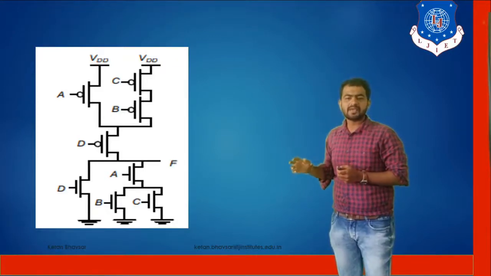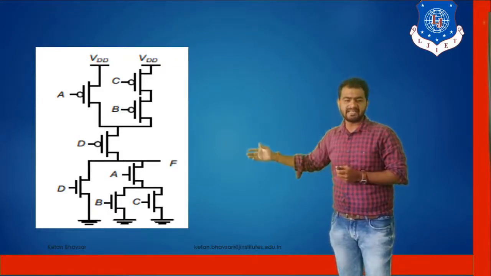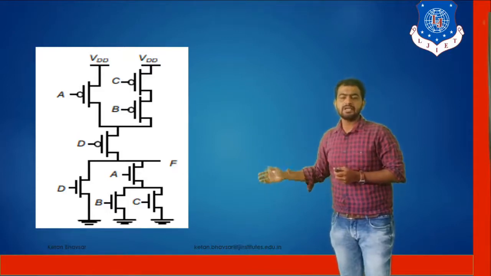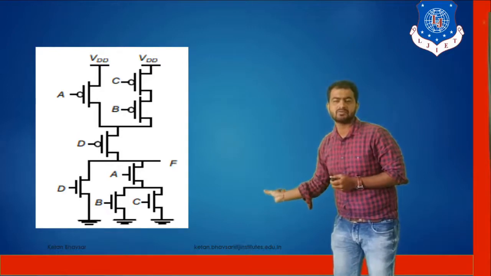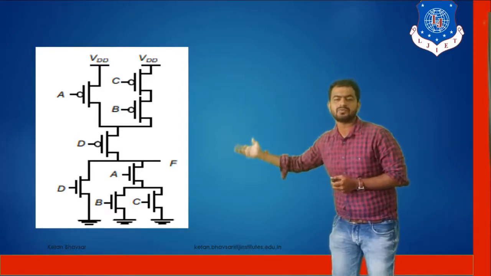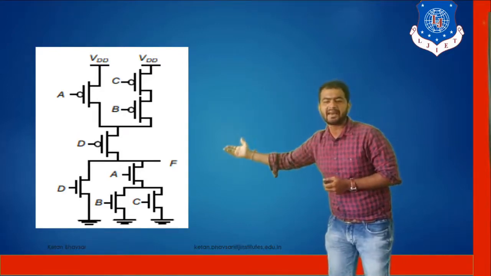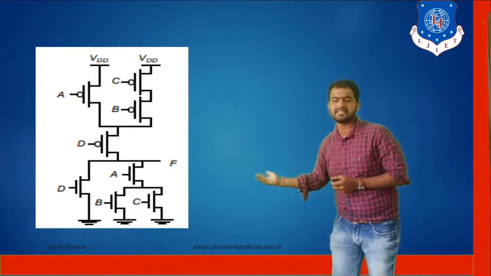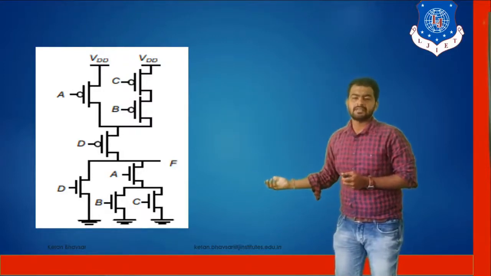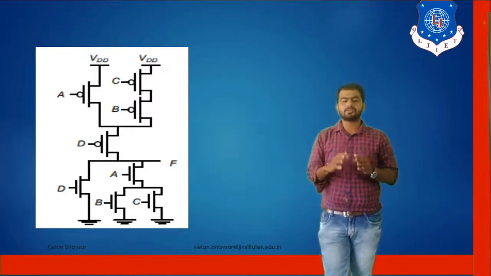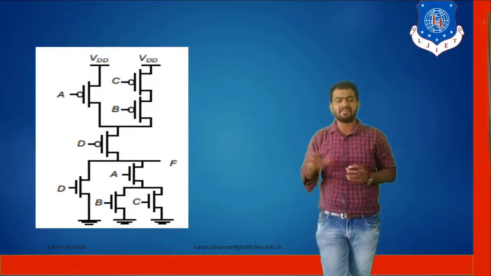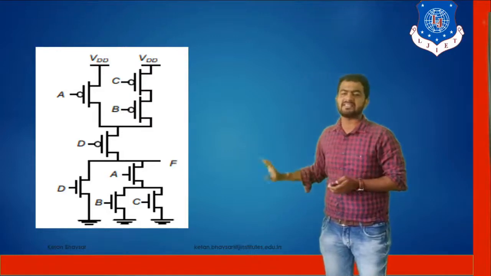So ultimately, as you can see, A, B, C and D. If it is connected in parallel, then in the NMOS it's connected in series, and similarly, if you see the D is connected in parallel format, then similarly you can see the D is connected in series. So when you're talking about parallel and series configuration, make sure that each and every time we have to connect it in parallel and series manner.